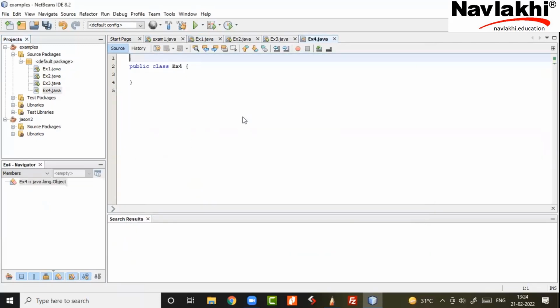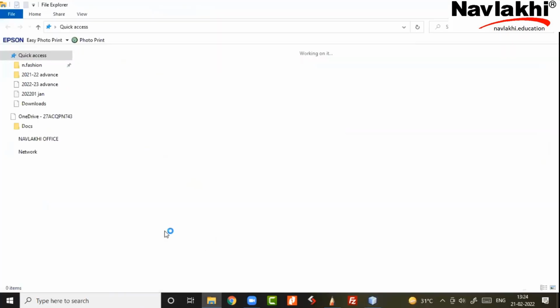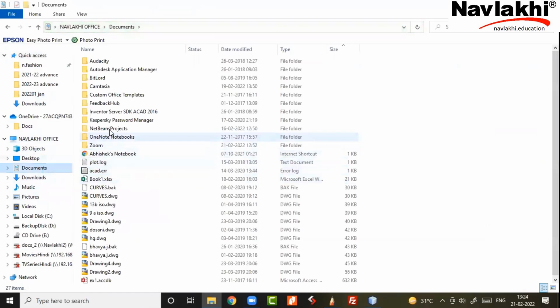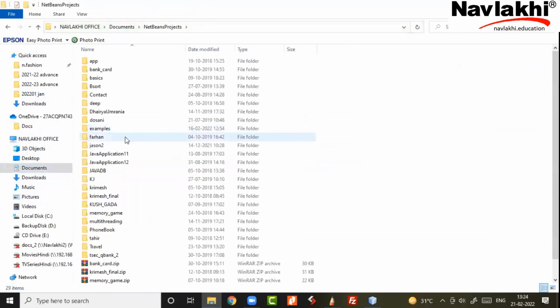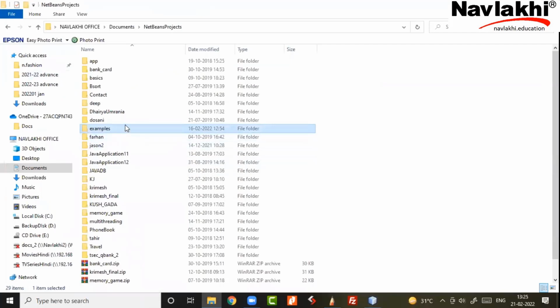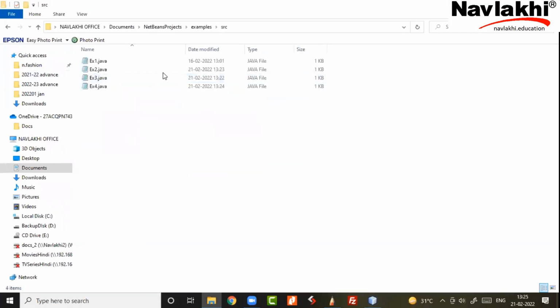So if I want to access this Java file, will I be able to access it in Notepad? I'll show you from my computer. I'll send you the files if you want. But whatever you make in NetBeans, under documents, NetBeans projects, the name of my project was examples. In it, in SRC, all the codes are there.